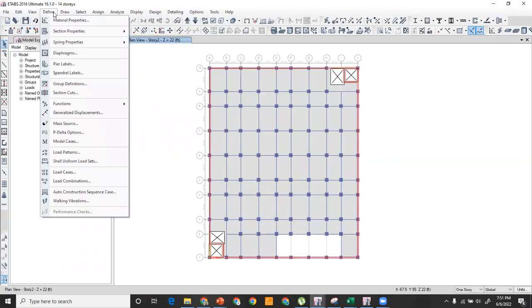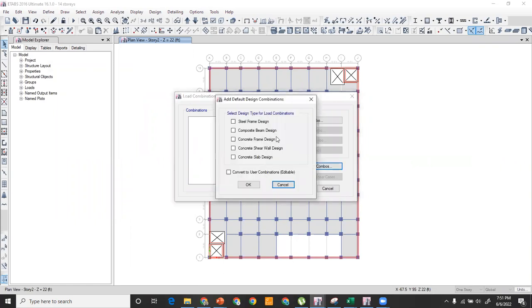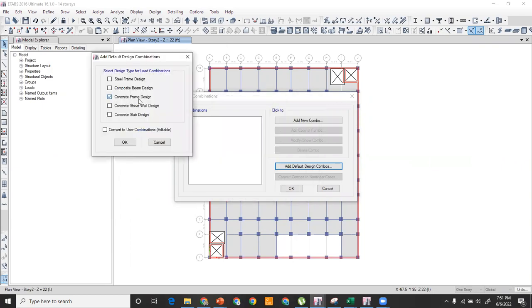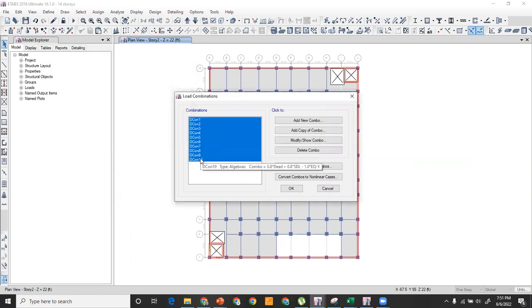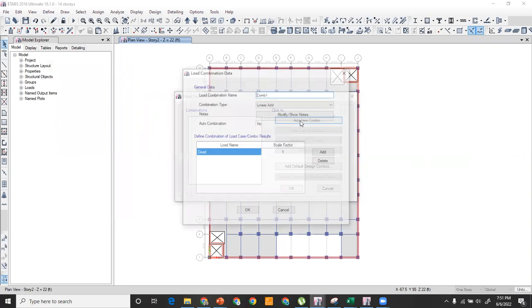We'll go to Define, click on Load Combinations, and you can click on Add Default Design Combination, in which you can select the desired frame, for example, this is a concrete frame design. If you click OK, this load combination will be defined as per the code you have selected. So let us delete this and we will define it manually, and we will click on Add New Combo,